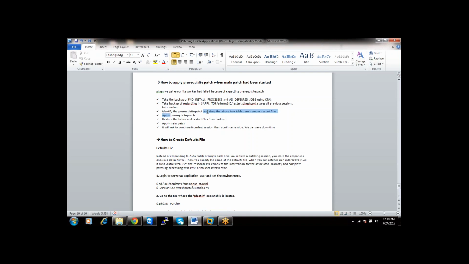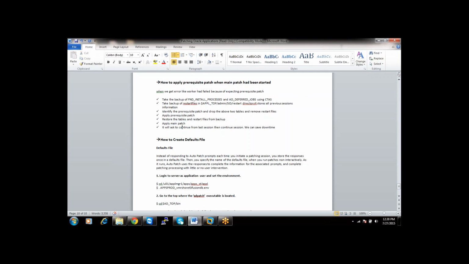Now apply the prerequisite patch. After applying the prerequisite patch, restore the tables and restart files from backup. You have taken a backup of these two tables, right? You just have to restore them. After restoring them, apply the main patch.